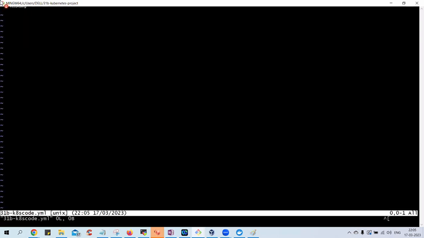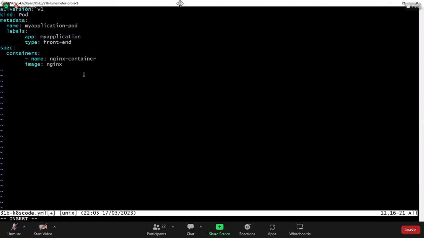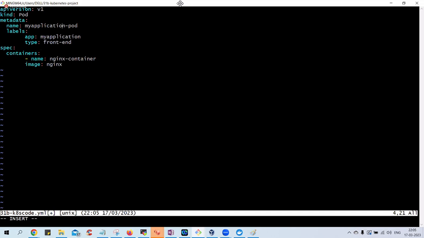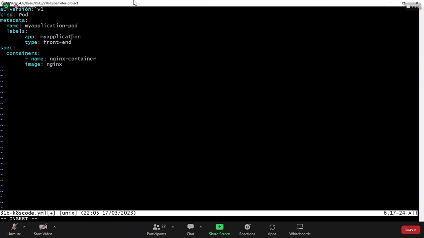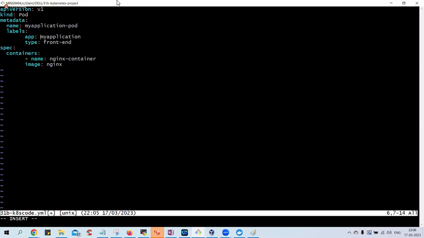and write the code. So I'll simply go ahead and copy paste it. Now I'll update accordingly. You see these names? Just observe, guys. API version is V1 because I'm creating a pod, and metadata is so and so. So you see these names, my application hyphen pod. Okay. Label name, it will say my application. So to make it easy to recognize, I'll put app as